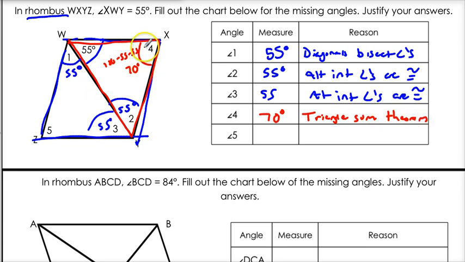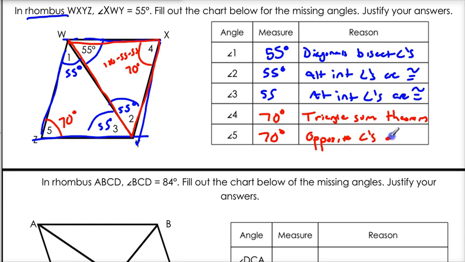Right? Because this is a triangle, and 180 minus the two angles equals the missing angle. And then angle 5 must also be 70 degrees. And why? Well, this is a parallelogram, so opposite